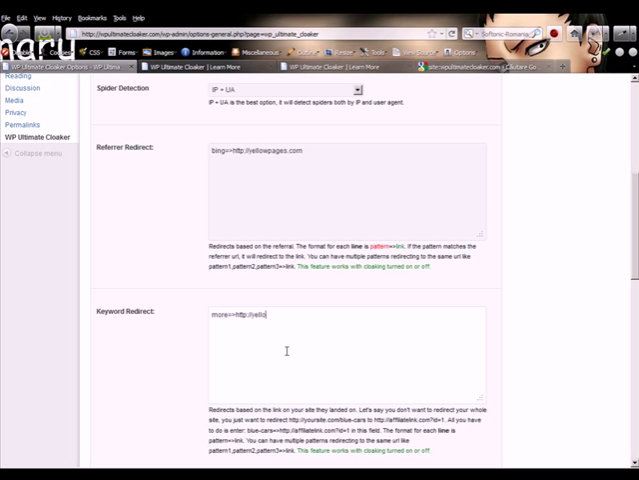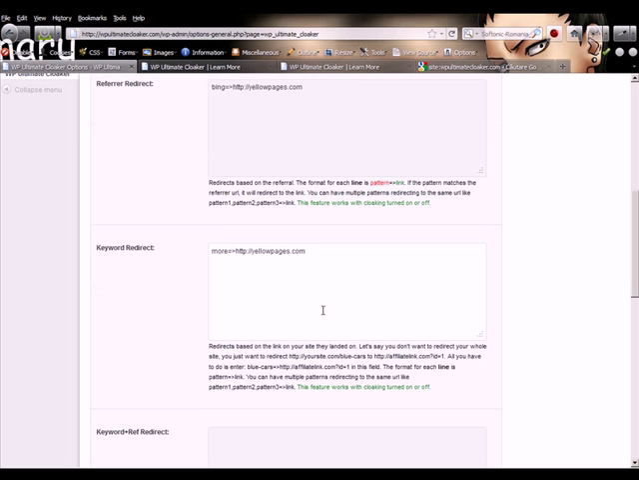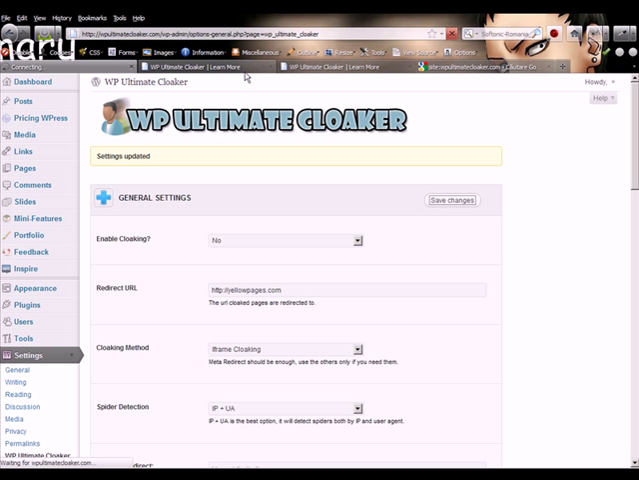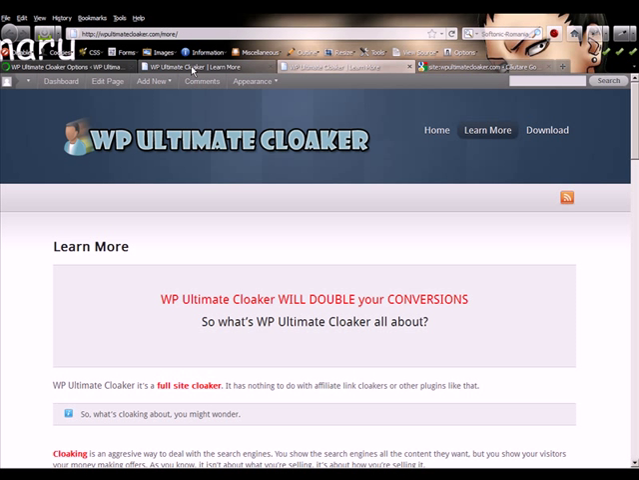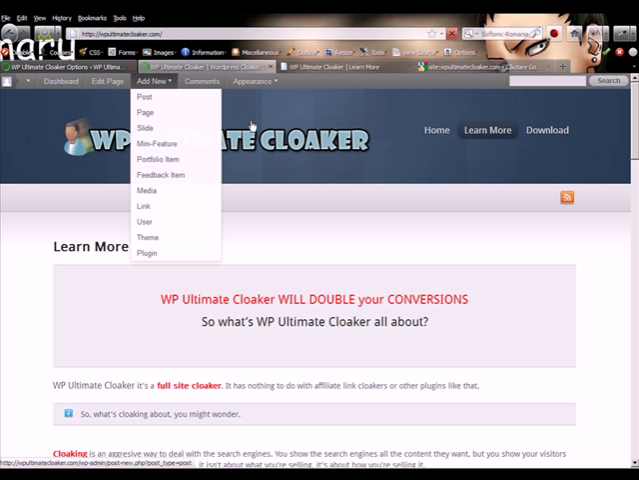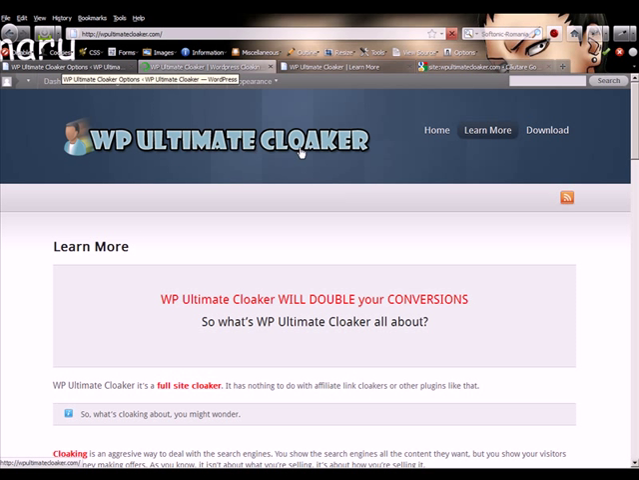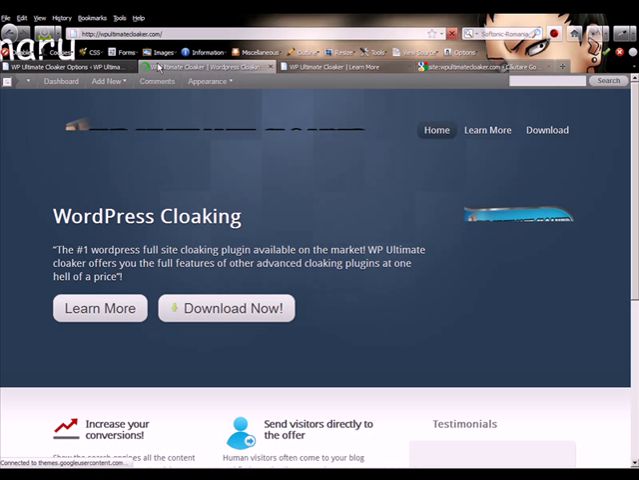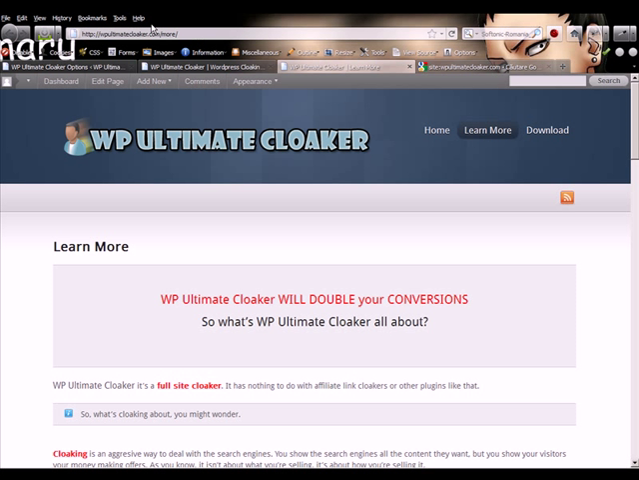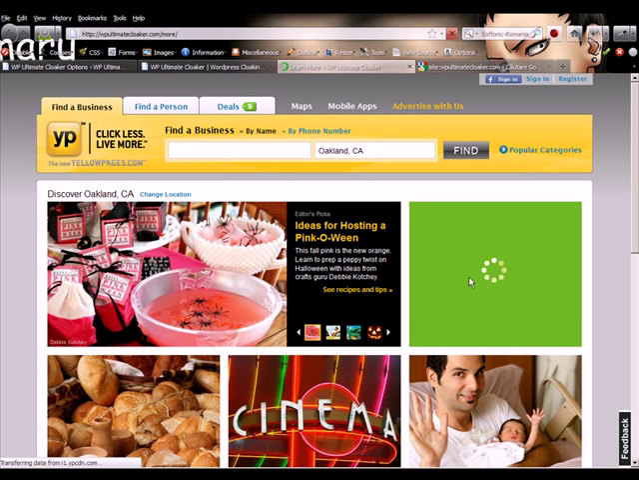Let's go with Yellow Pages again. Don't forget the HTTP first. We click on Save Changes. And now when you go to my site, it loads the content as it should. You can see the main site content, but when you go on to the more page, it loads the Yellow Pages